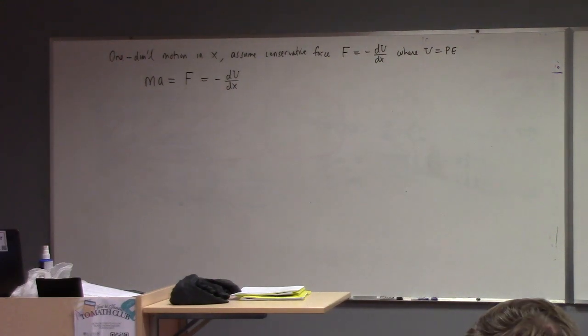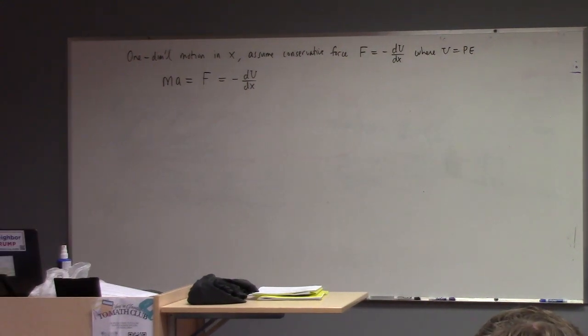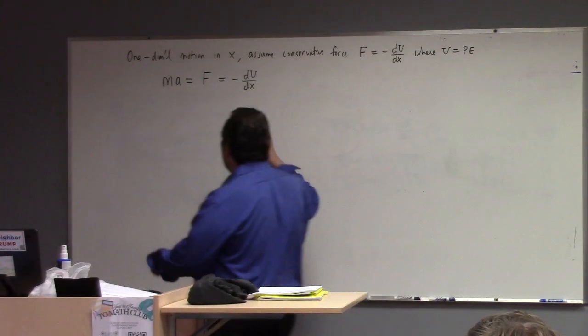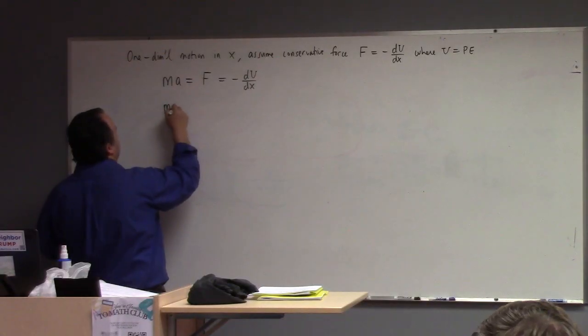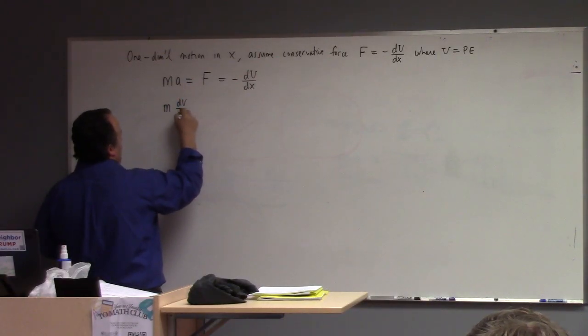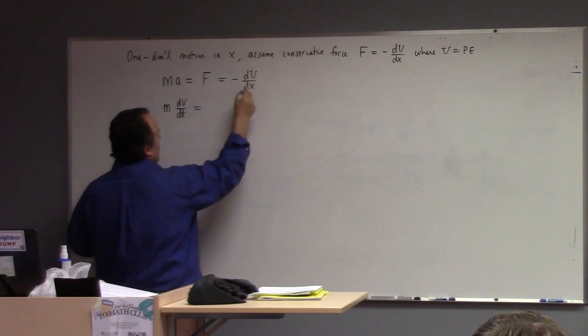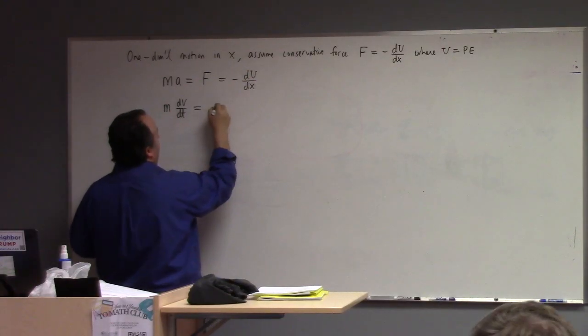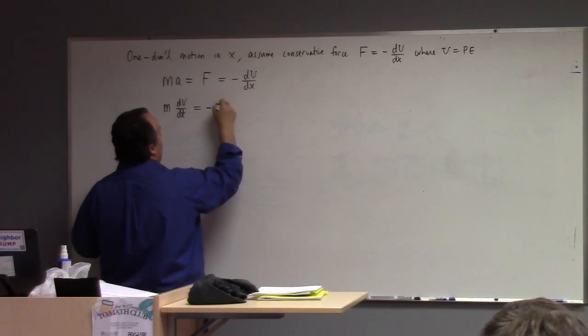And so we have m times dv/dt is equal to, and this we could trade for minus d,